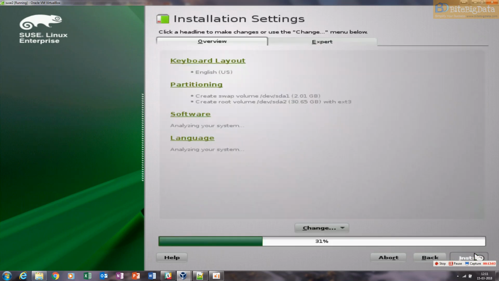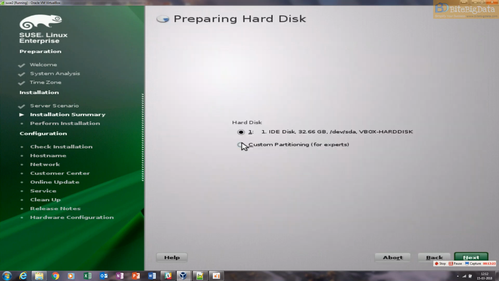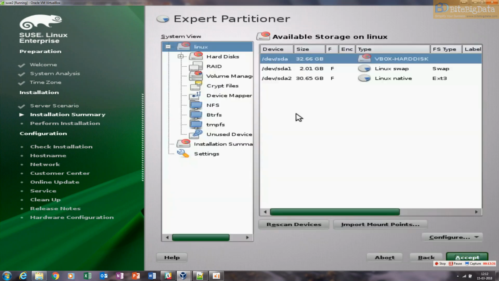Say accept, and again go into partitioning. When we select option 1, it will create one primary partition and another one, the swap partition. Now again go to partition, and this time go to custom partition, accept, for experts, do next, and